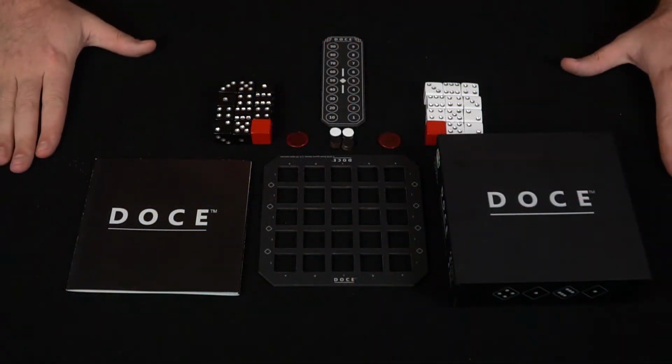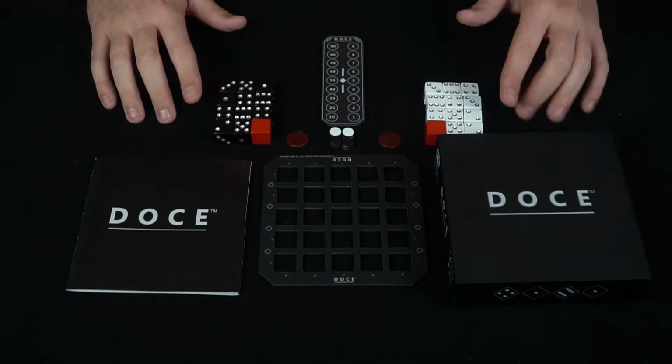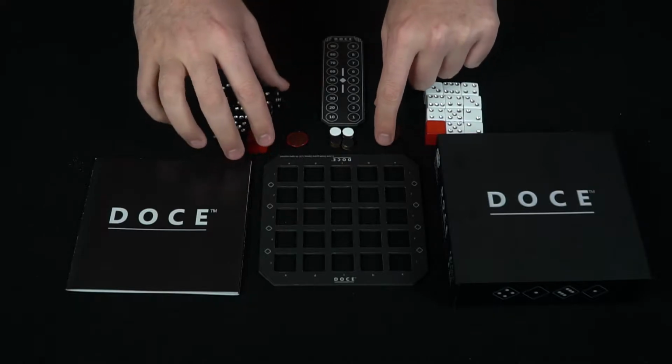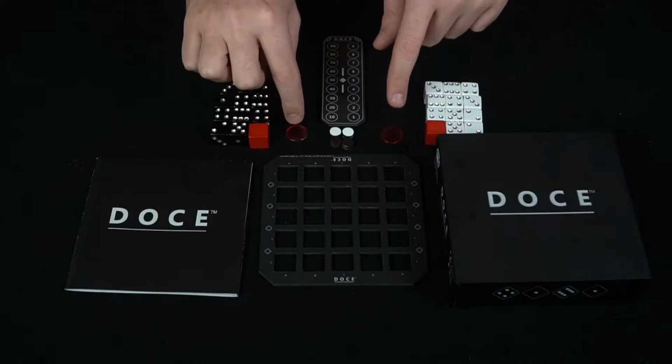So here you have the game DOCE and everything included, and as you can see, you're going to be getting a grid-like structure, which is going to be a 5x5. You're going to get 2 sets of dice, one for each player, and then you're also going to get a blank die or a blocker. These little pieces here are what are going to be put on top of your die, which is going to be the last die that you placed, and so it keeps track of that, and it also involves certain aspects